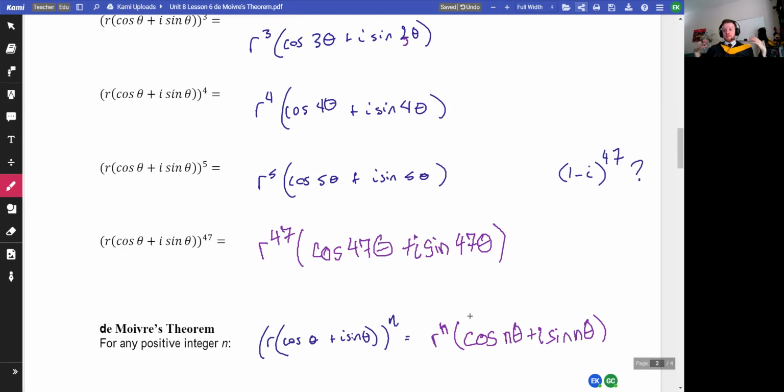When I first learned this, I was all scared. I'm like, De Moivre's theorem. Whoa, complex numbers. This is going to be difficult. But that's all it is. That's all it says. That is De Moivre's theorem right there. And we will use this to answer that question